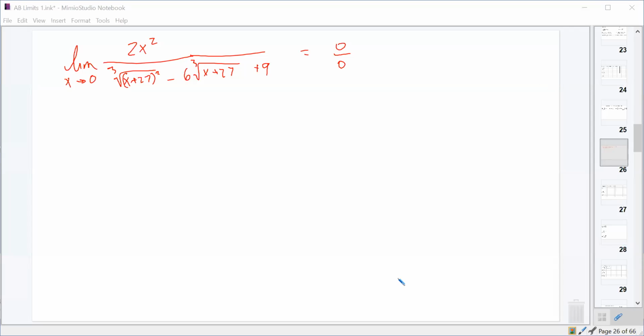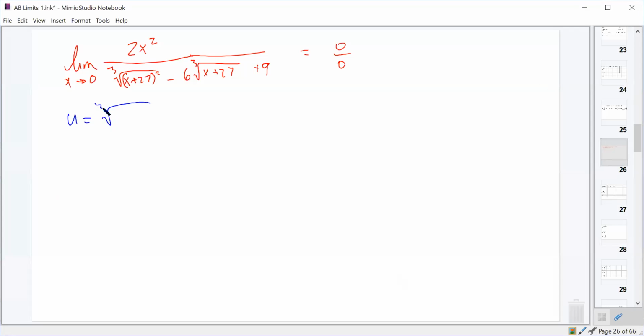Okay, so this was number 2 from last night's homework. If you plug in the 0, you end up with 0 over 0. I'm not going to show all the work that makes that true, but it is true. So we decided yesterday that the right way to go about some of these was doing a U substitution, where